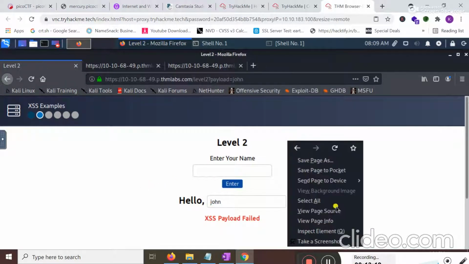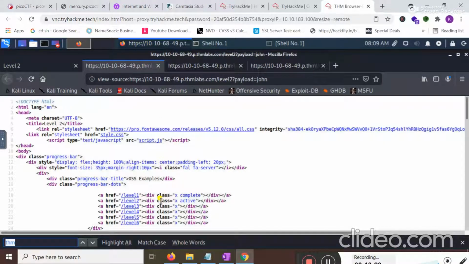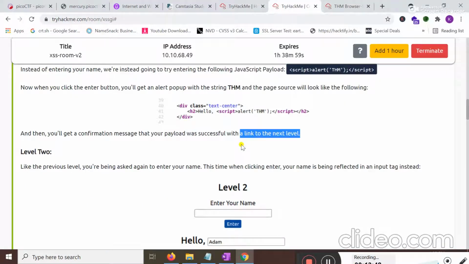See here, guys, this name is reflected, but inside double quotes and a greater than sign. Before that the input was reflected in simple HTML code. Right now it's reflected in double quotes and a greater than sign.